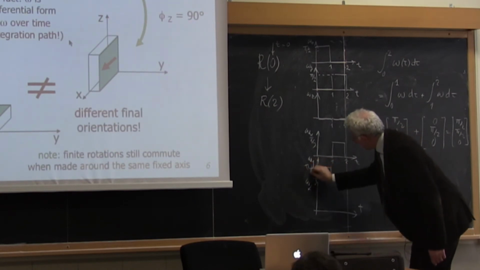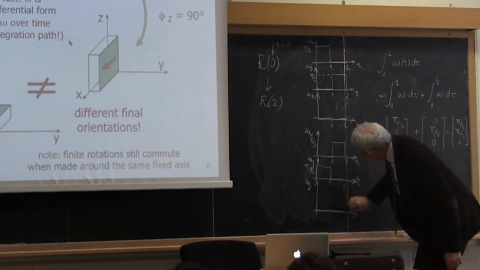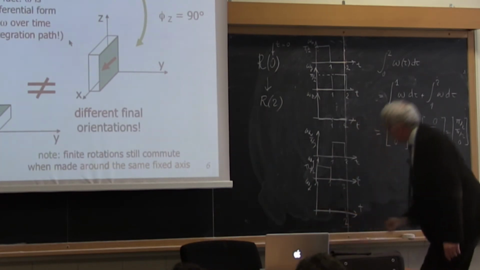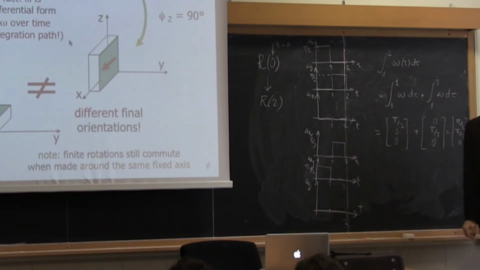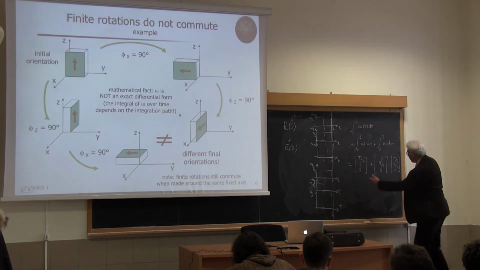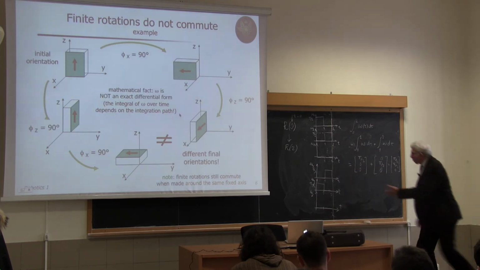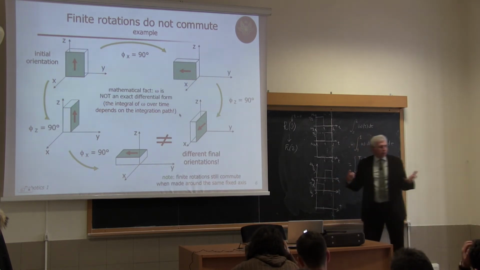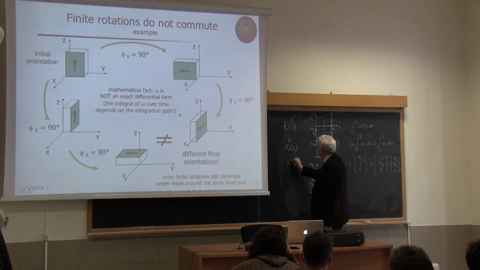So this is pi over 2, 1 second, and I don't move here for the whole interval, and I compute the integral of this new profile. I obtain exactly the same results, but I know already that I reversed the rotation, so I will end up with a different orientation,